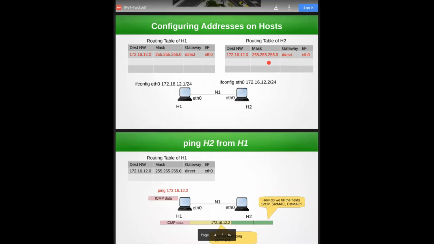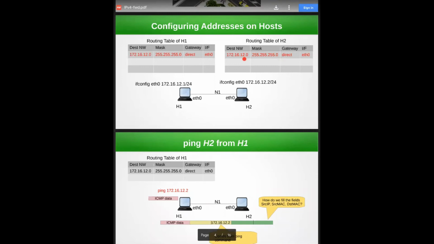Since we said that the mask bits are 24, therefore the mask is 255.255.255.0, right? Now, the IP address is this. You do a bitwise AND of this mask with this IP address, and the resultant value you store here, which is the destination network. Okay, so we don't store routes to every host. We store routes only to networks, because once you reach that network, you can actually reach any machine in that network. That's the idea.